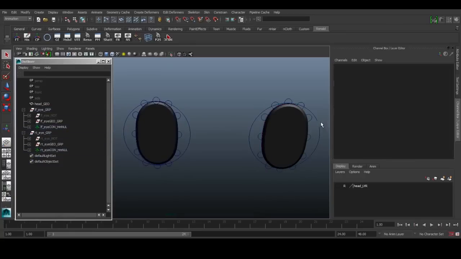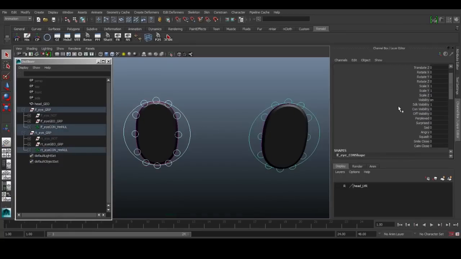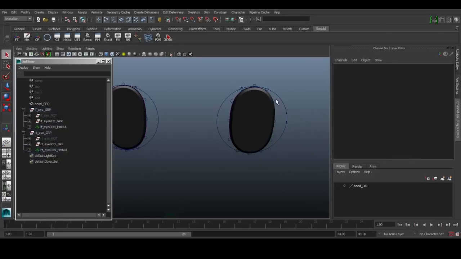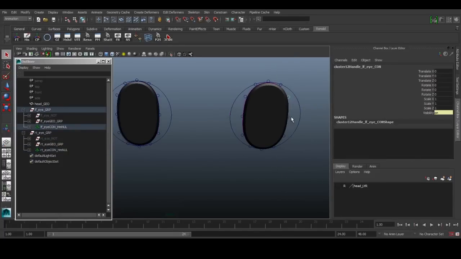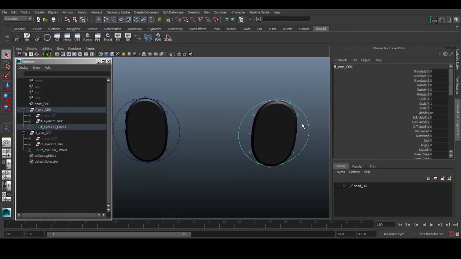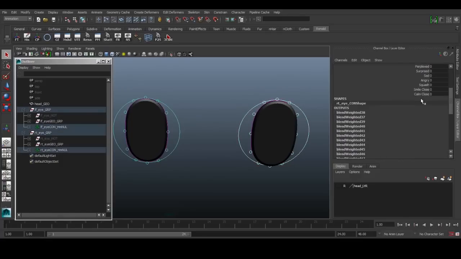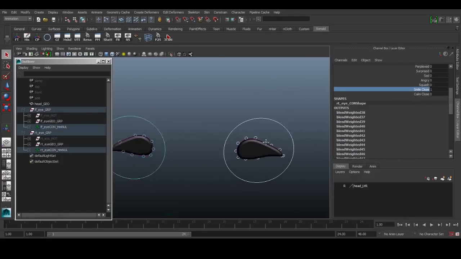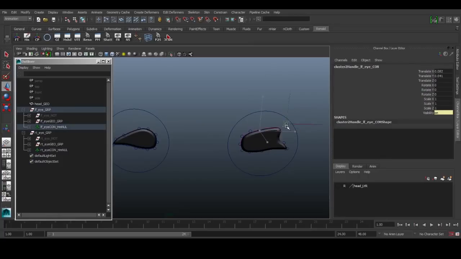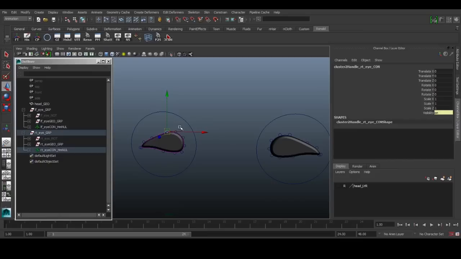So what happens now is for both these controllers, we can turn off the SDK visibility, and then we can hand this over to the animators. And if they actually want to further animate some controls, they don't use the SDK, they use the controllers. So if they turn it on, they can control all this to get their custom eye shapes, and this can be used on top of the SDK. So if these two eye controllers have this smile close triggered, we can still use our controllers to further tweak the eye shape in case maybe it's too symmetrical, maybe it's a little rough for whatever reason. You can tweak the eye shape.